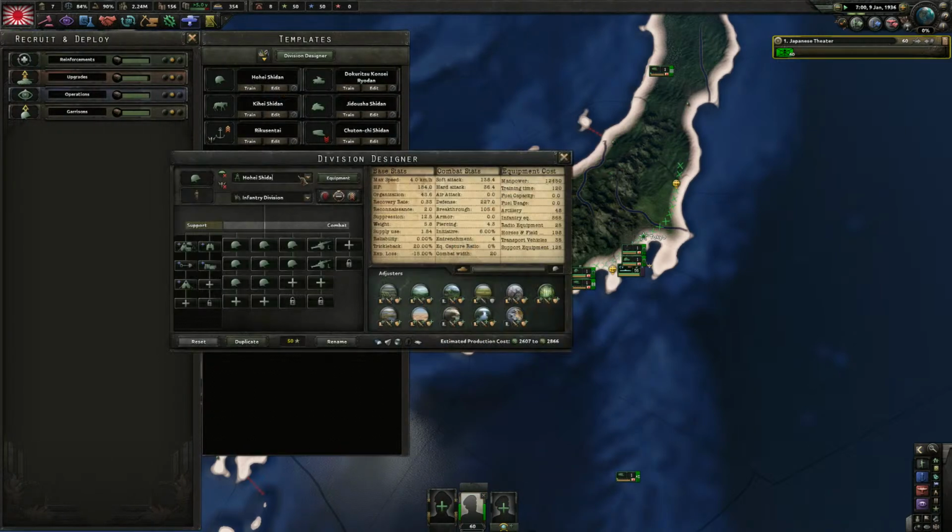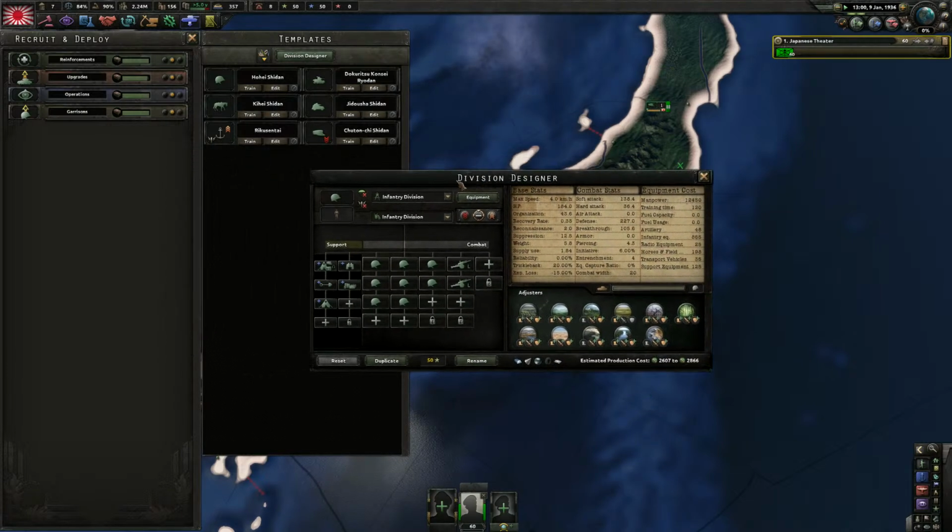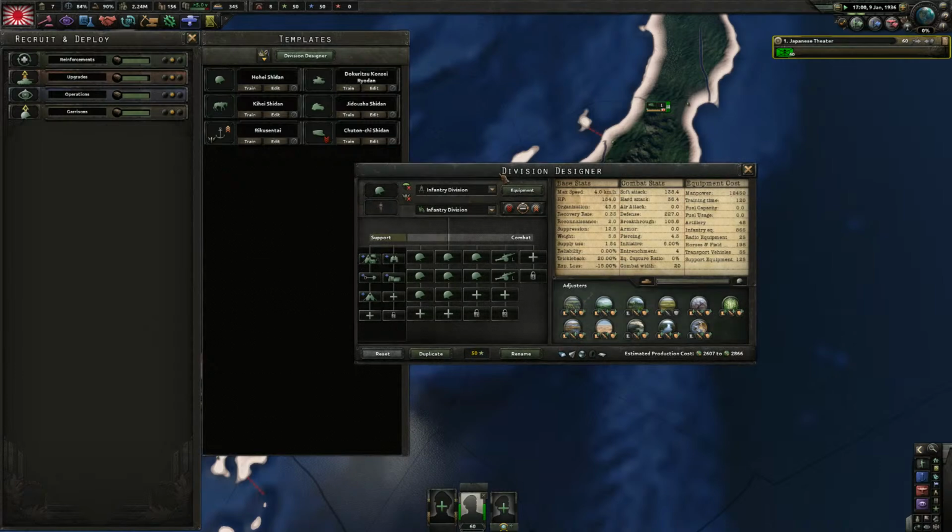Let's call this our infantry division. We want this to be our mainline division for fighting a ground war. It needs to be able to hold territory, but also take territory. Honestly, one of the things that surprised me about this mod is how many of these divisions are just well designed. This is actually really good. You've got your classic...